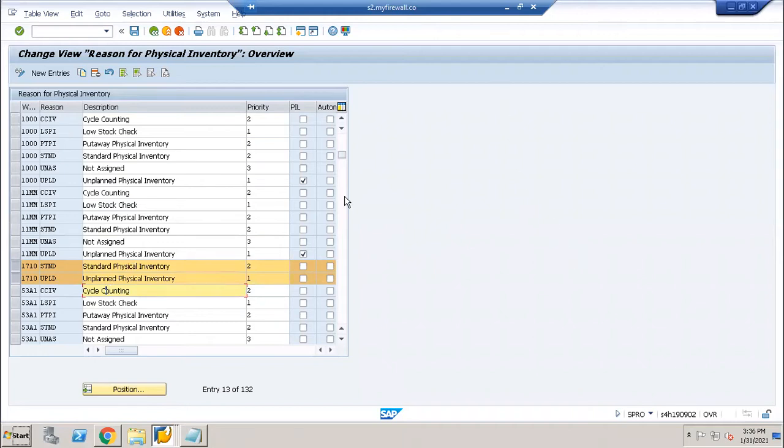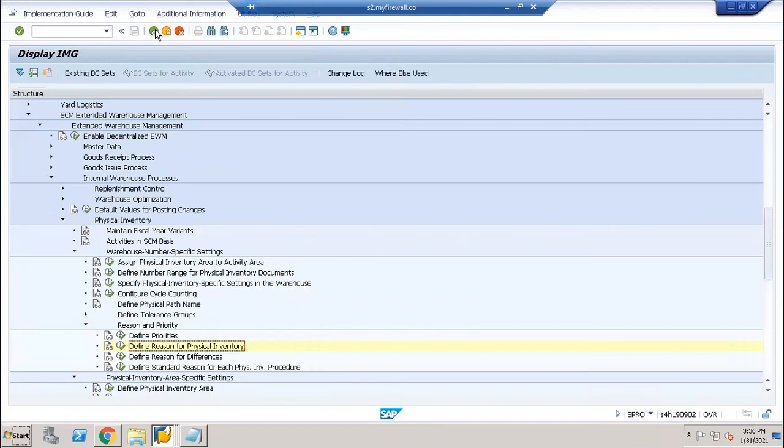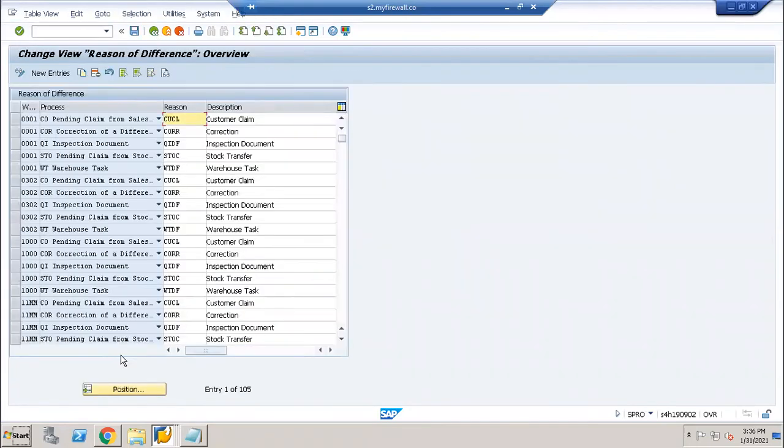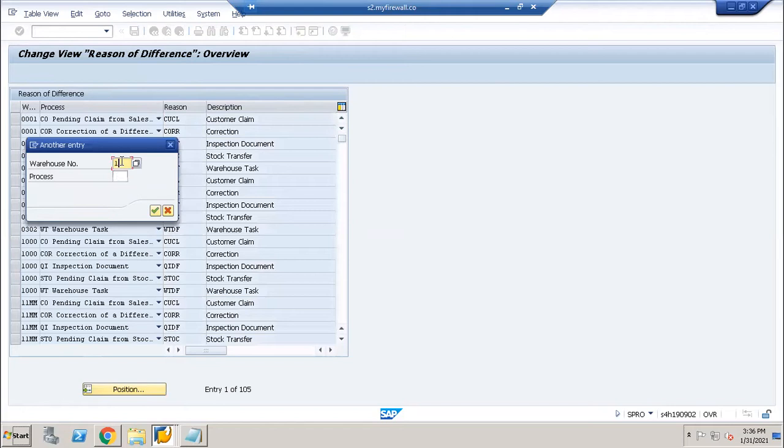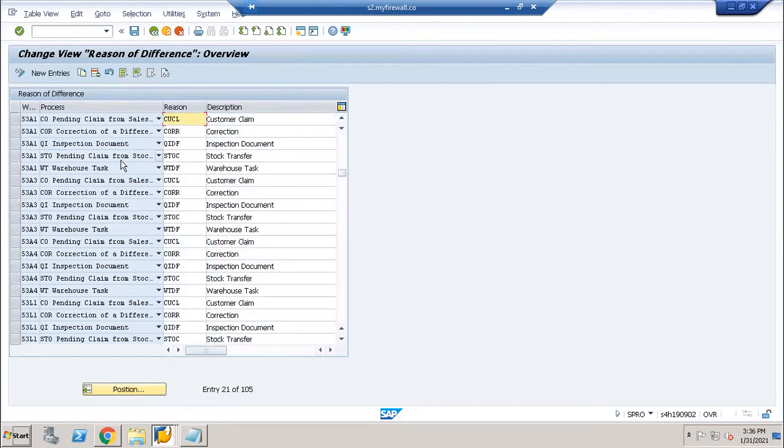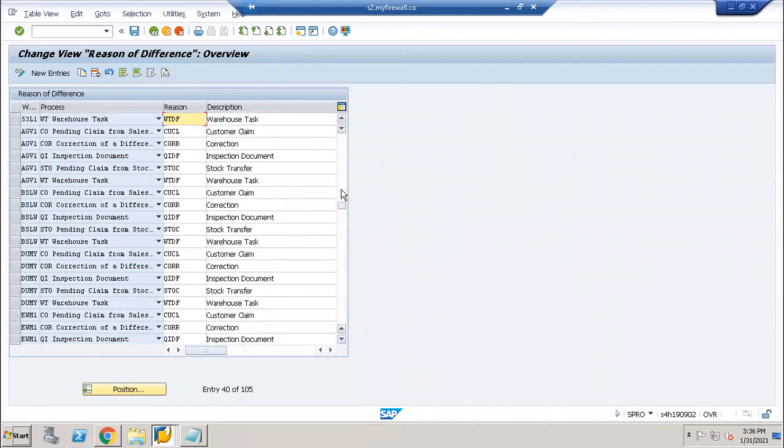Okay, now let us see the next node. What are the reasons for the differences? We can define the reasons for our best practice warehouse 1710 or any specific warehouse.